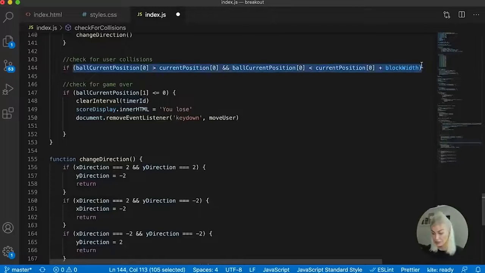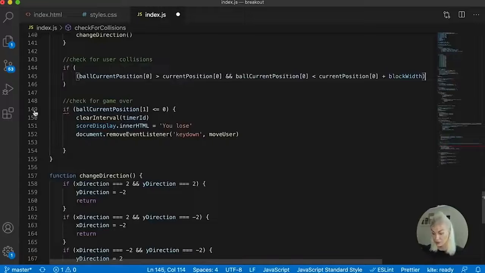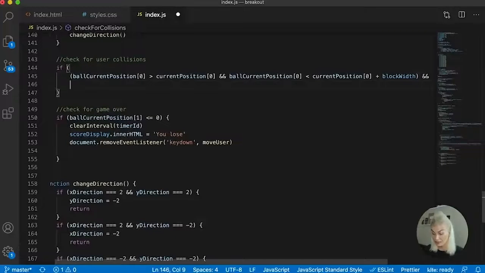maybe let's put this in its own. Okay, so if that is true and the ball, well, we could just do it by, no, let's just make it for the whole. I was going to say we could just do it if it hits the top of our user, but let's just do it properly. If the ball current position y-axis is larger than the current position y-axis